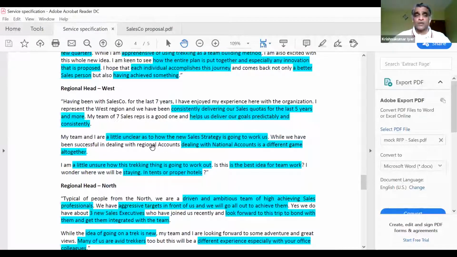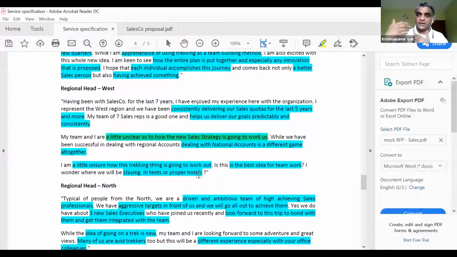So for example, one of the regional heads, West, has indicated that the new sales strategy is not very clear to us, or we don't know how it is going to work, right? Now, you might be a trekking company and say, this is not our concern. And I'll come to that as to how you should look at these issues and whether you're able to address them as part of your proposal solution or not. It's a secondary matter, but you should still record this as an issue.